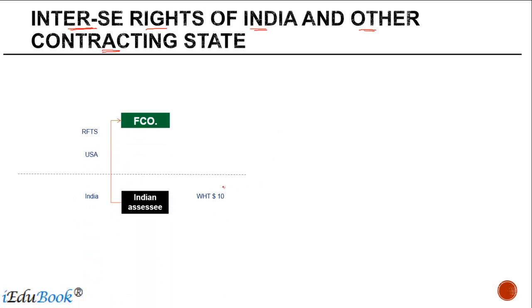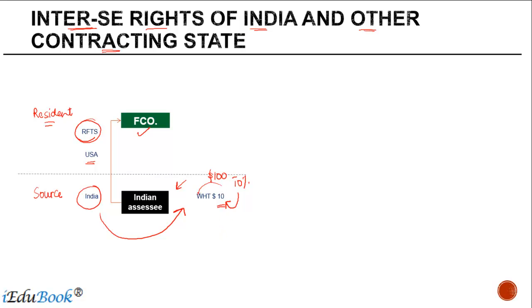So for the purpose of this slide, we have an Indian assessee who is making payment to a US company, a foreign company, for royalty and FTS. Typically, this Indian company or India is known as the source state, whereas the foreign company is known as the resident state. In case of royalty and FTS, generally what happens is that India levies a withholding tax on the gross amount. So let's say if the total payment which is being made is $100 and India applies a withholding tax of 10% on this payment, India is going to keep $10 as withholding tax from the income which is payable to the non-resident,